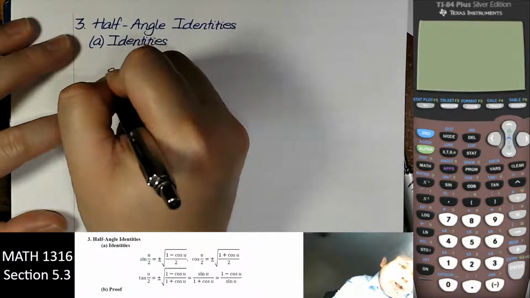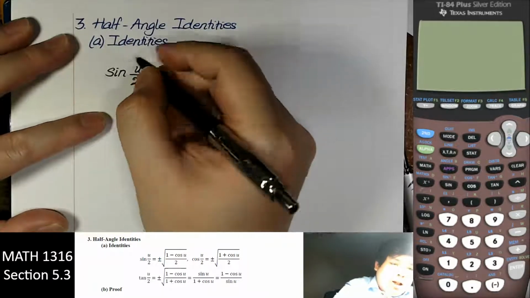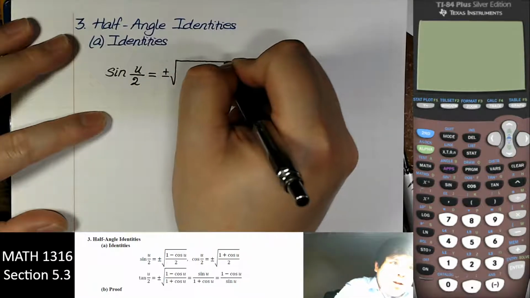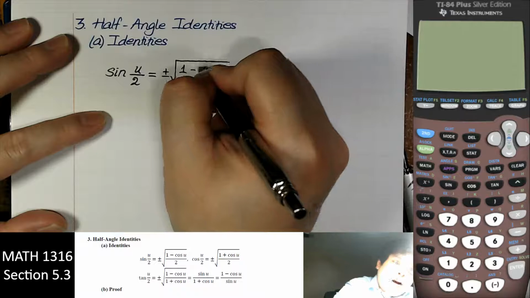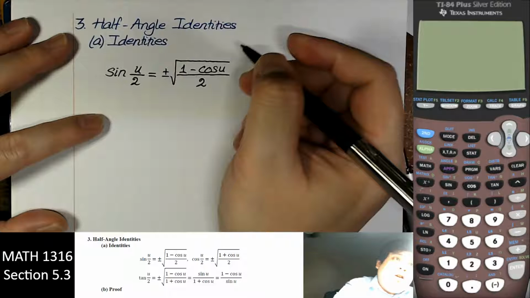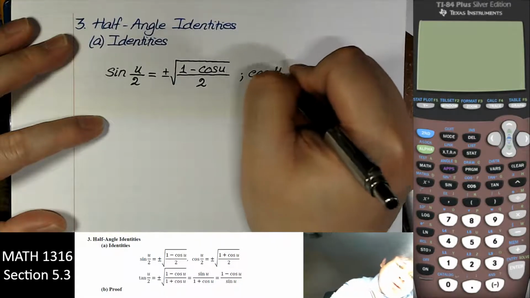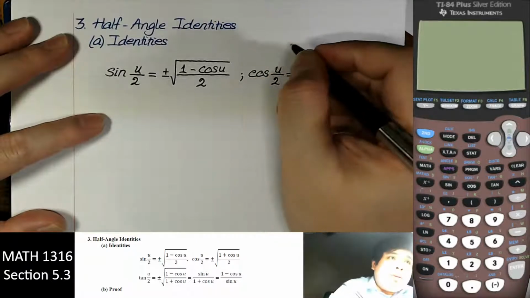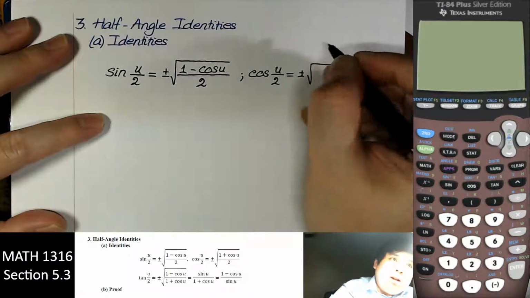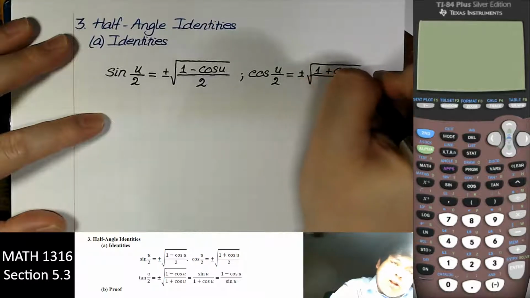Sine of u over 2 is equal to plus or minus the square root of 1 minus cosine of u divided by 2. The cosine of u over 2 is plus or minus square root of 1 plus cosine of u over 2,